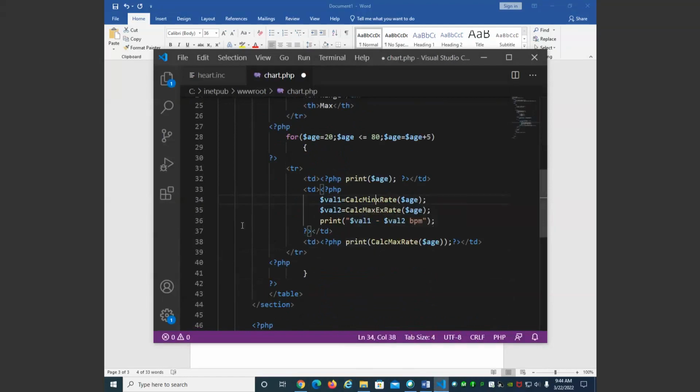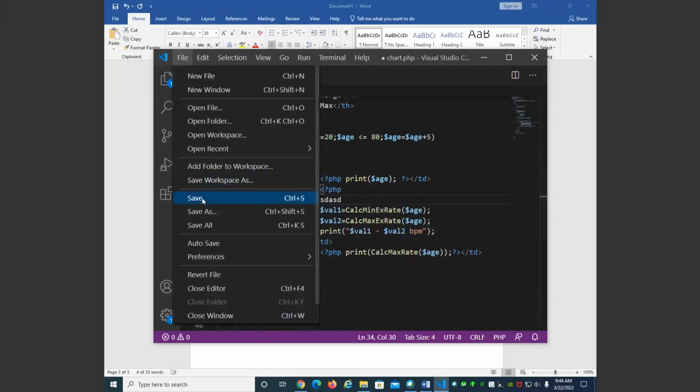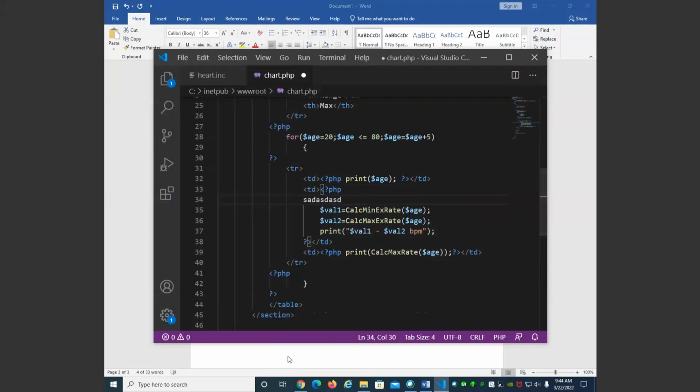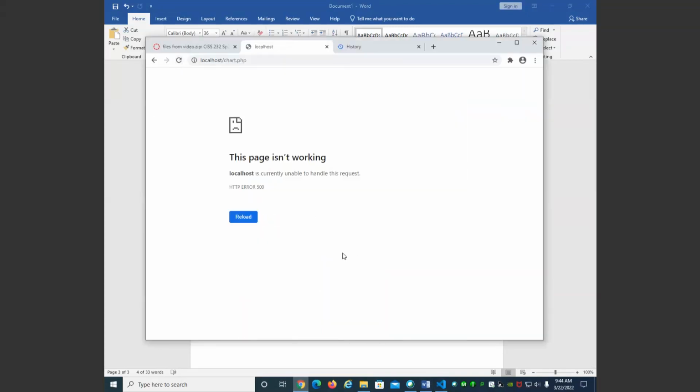I don't know. Let's make a bigger mistake. Just put some garbage in here. Ah, there we go. I don't know why it didn't give me an error before. Anyhow, this page is not working. Wow, isn't that nice? Not very descriptive error. All right. Now,